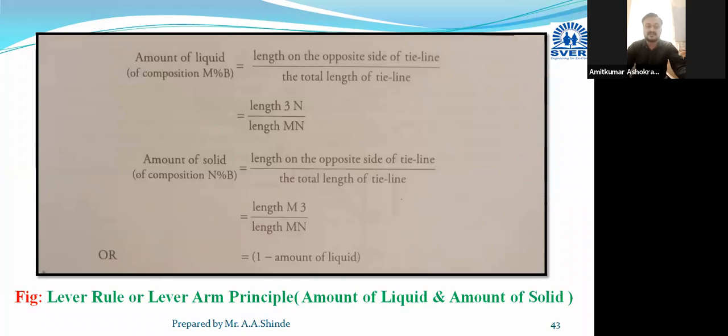For competitive examinations, this is a very important part. This will not be there in your university examination, but for competitive examinations like engineering, Indian Engineering Services, or in your GATE exams, or other competitive exams, these questions may be there. So try to remember this. This is a very important part. If you have any question related to this, you can ask me. I will try to clear it. If no doubts are there, I will move towards the next equilibrium diagram.